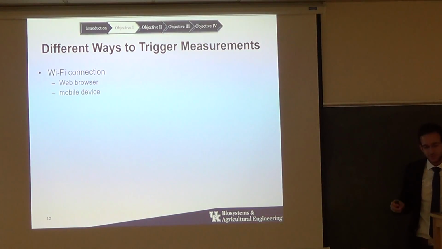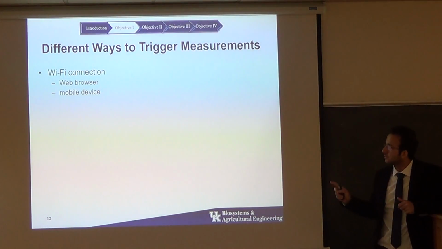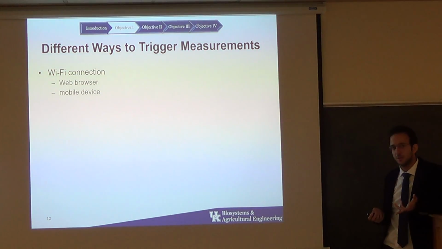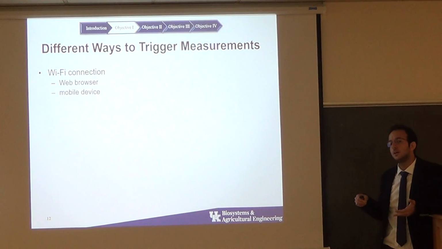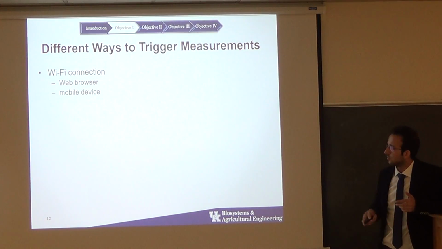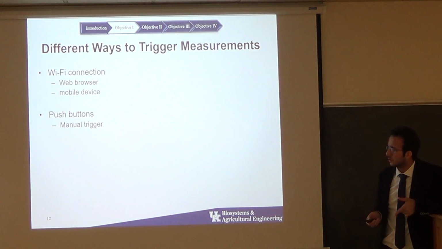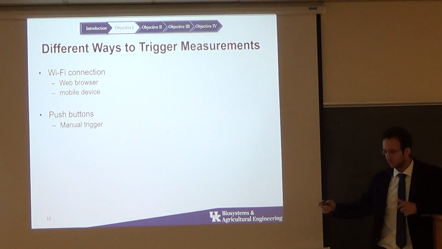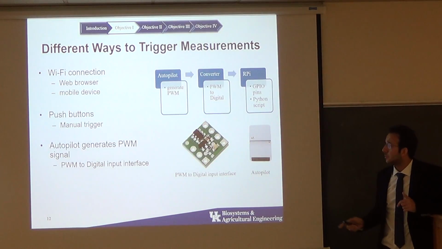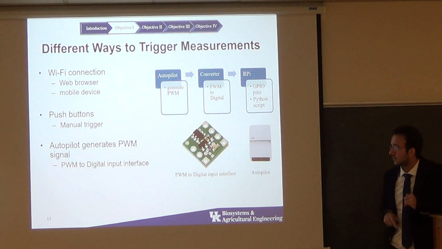There are different ways to trigger the measurements on these spectrometers. The default method is the Wi-Fi connection, so it's not a practical way at larger scales. We need to log into a web server, and for the larger scale, we cannot go with the UAV wherever it goes. But there's a push button method. For example, when you want an exact measurement from a specific point, we go to that point and just take a measurement. But the main method for taking measurements from the UAS